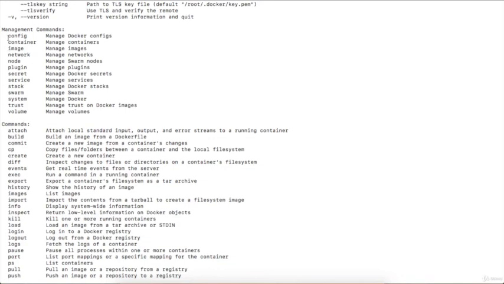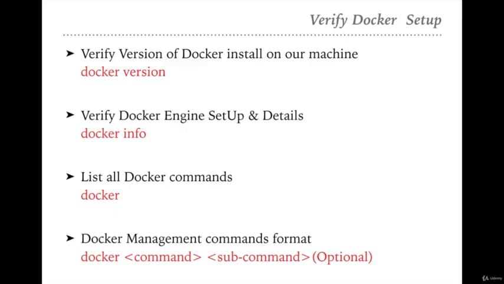So these are the management commands and these are the commands. These commands can be appended with most of the management commands. So the new format of the Docker commands looks like Docker, then command, then subcommand, right? When I'm saying Docker, then command, I'm talking about the management commands.